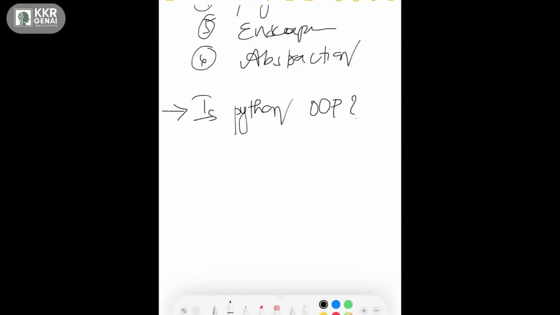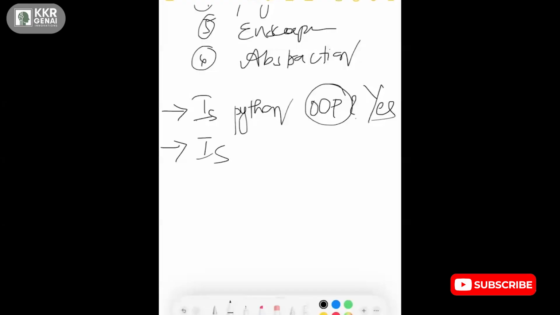I have to ask this question to myself. As Python was invented in the late 1990s, there is no doubt. Actually, Python is an object-oriented programming language.